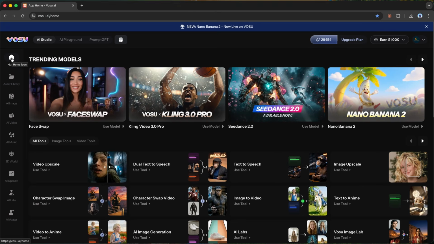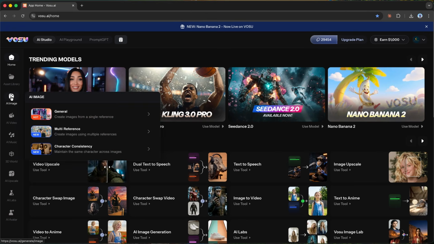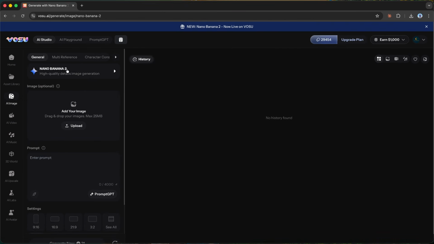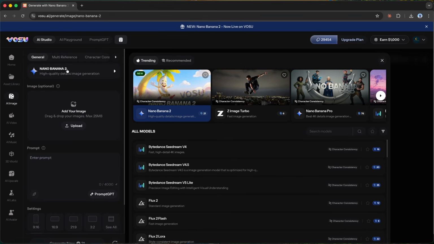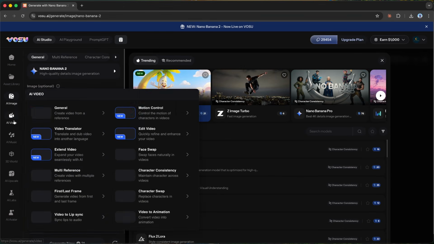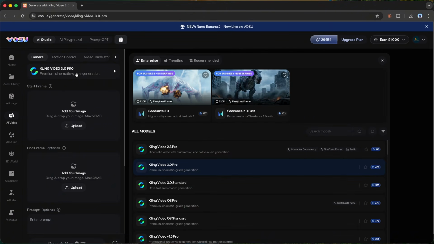Alright, so let me give you a quick tour of what's inside. When you open Vosu AI, you've got everything organized right here in the sidebar. AI image generation, Nano Banana 2 dropped here, and it's producing really detailed, high-quality images. AI video, and this is where it gets interesting. The newest Seedance 2.0, Kling 3.0, Veo 3.1, Hailuo, some of the best video models out right now, all accessible